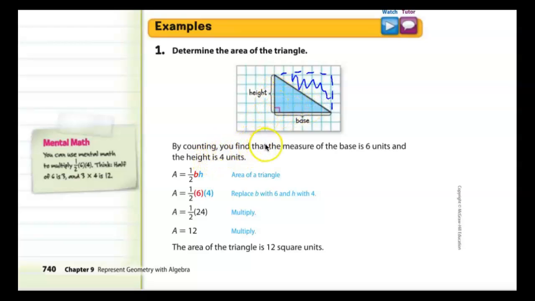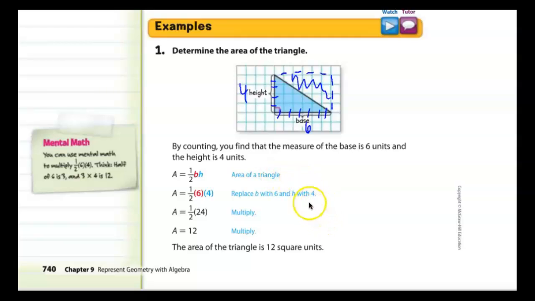So we're going to count the units, count the graph units to figure out what the base and the height is. So this base is going to be 6, and this height's going to be 4. So they are using the formula 1/2 base times height. So 1/2, 6 times 4. 6 times 4 is 24, and then